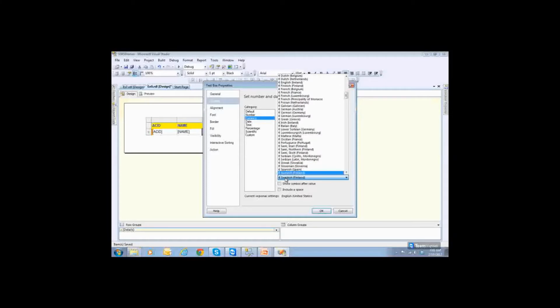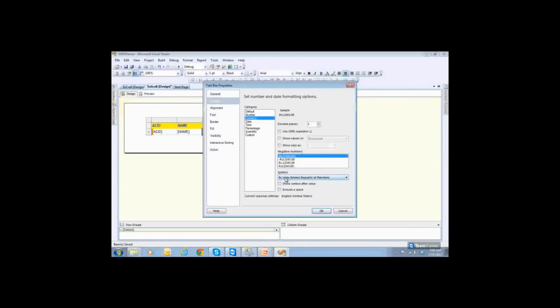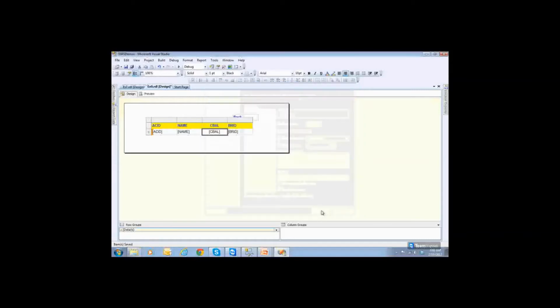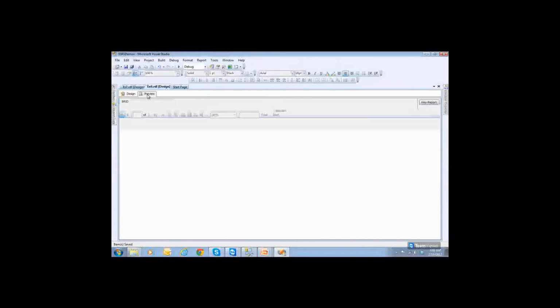So we have, I think, rupees also. Let us see whether we have rupees or not. Urdu, Islamic, I think we can take this. I don't know whether we have Indian rupees or not. Rupees, we can just keep it, and this is perfectly fine. BR1 here. Go to view reports. Okay, I got rupees 2000.